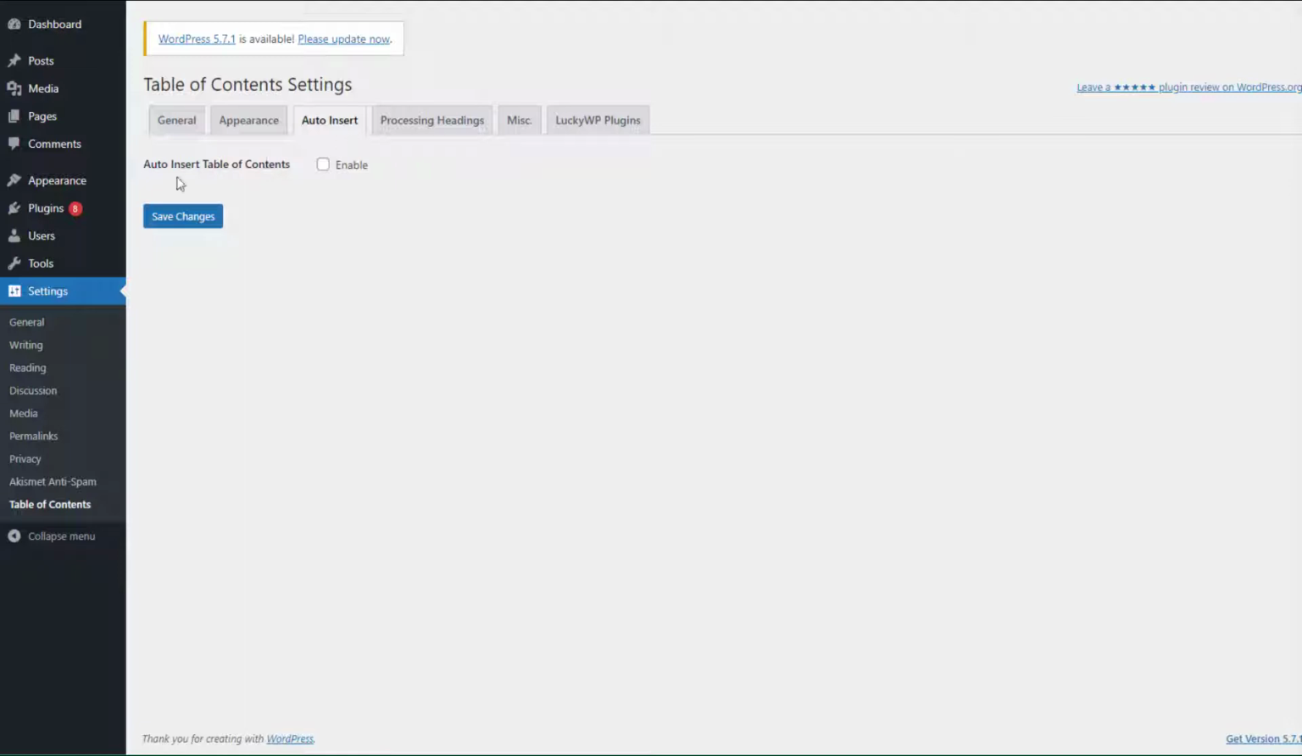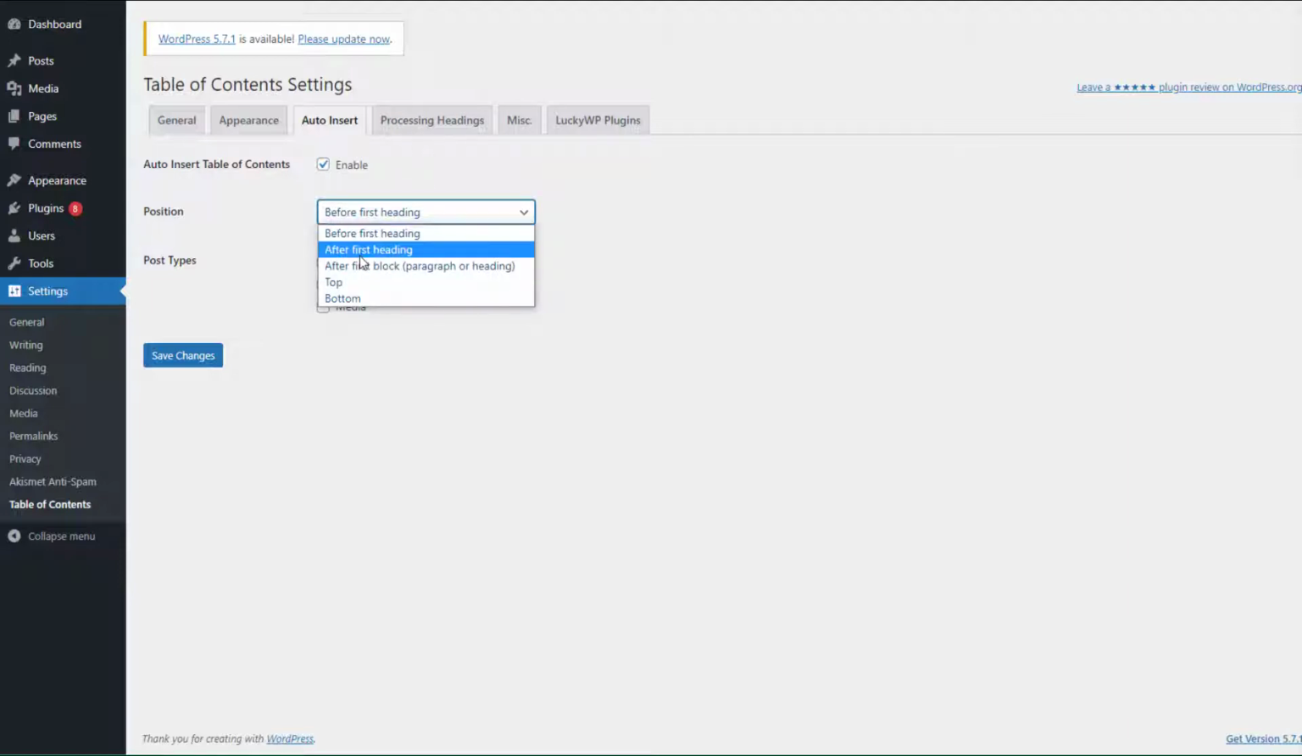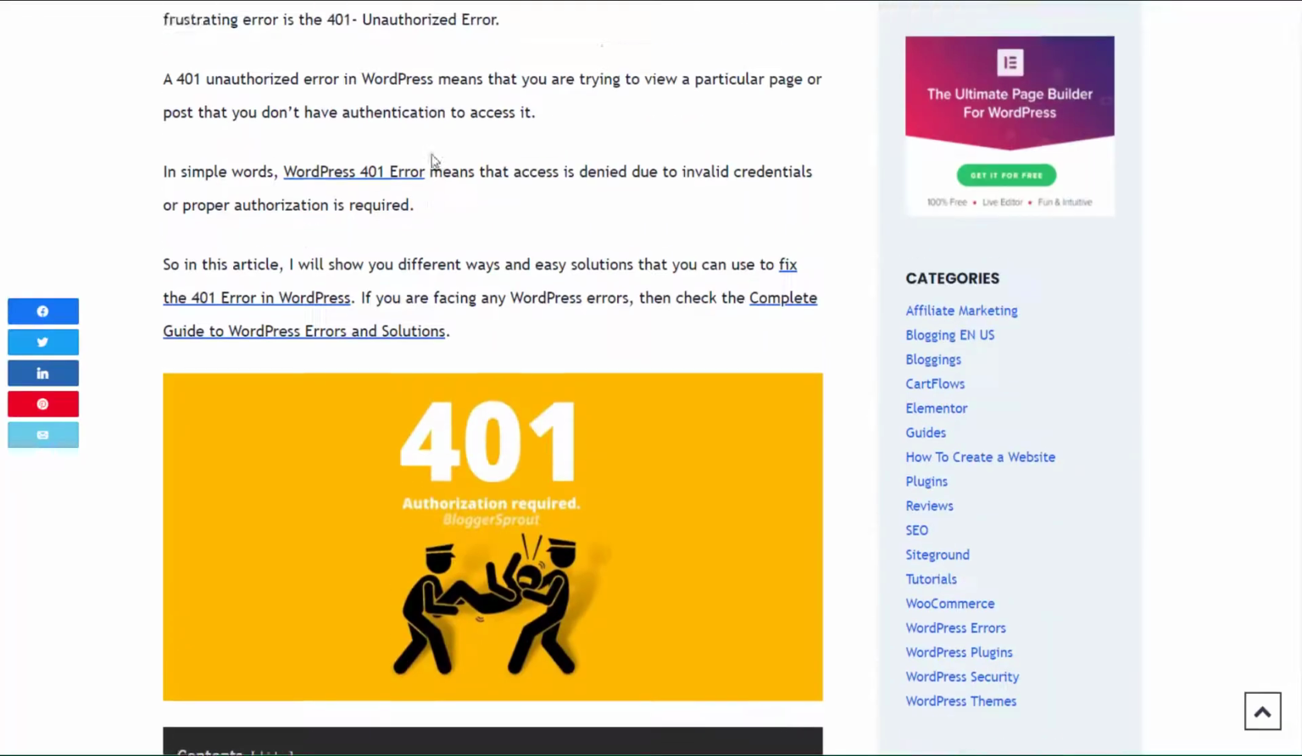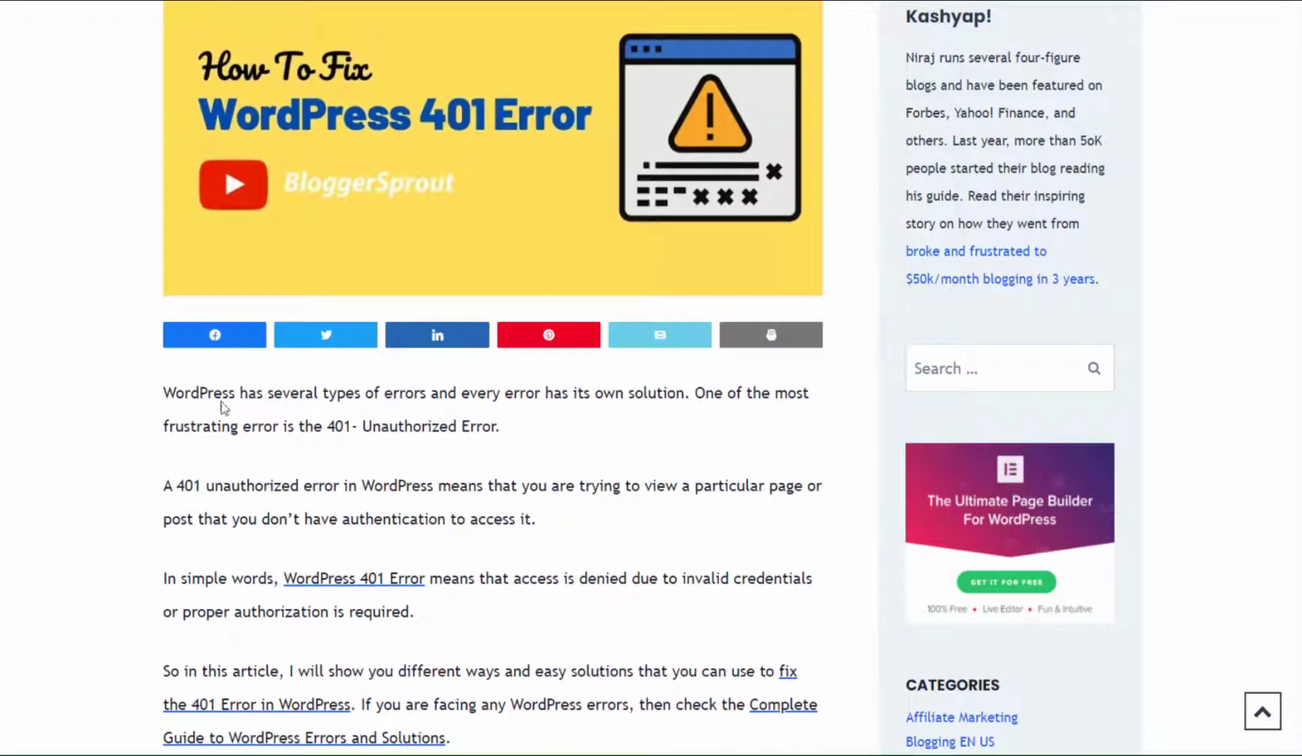So all they can do is just come here and click on this enable button. Now it will ask for the position. The position is where you want the table of content to appear. It says before first heading, after first heading, after first block, paragraph, top and bottom. Basically I use this after first block paragraph, which means that there will be one paragraph here, and after that